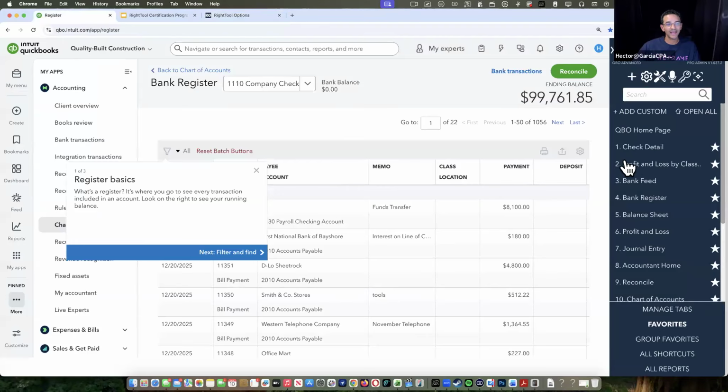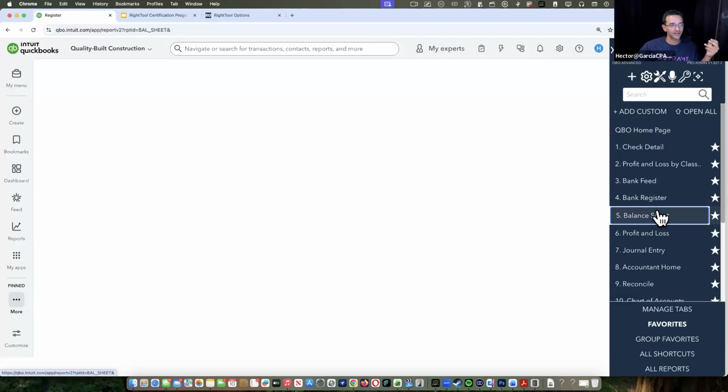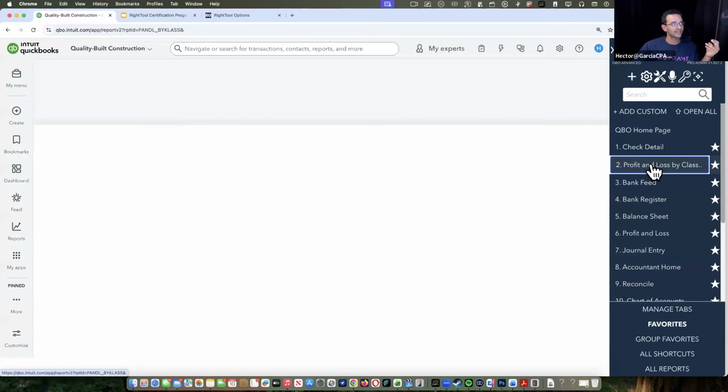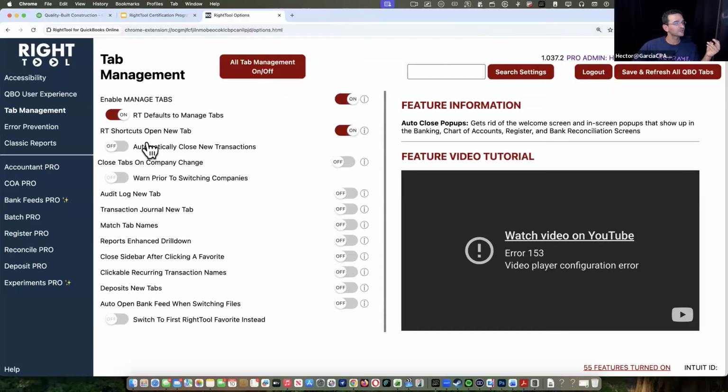And then the other one is RT shortcuts opens in new tab. That's if I click on anything in RT shortcuts, instead of staying in the same tab like it was doing earlier, anything I click on will open up a new tab. So right now it's set up so it all stays in the same tab. So no matter what I click on, it stays in the same tab, right? So if I switch this to RT shortcut opens a new tab,